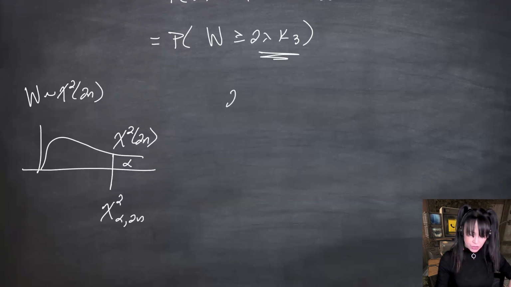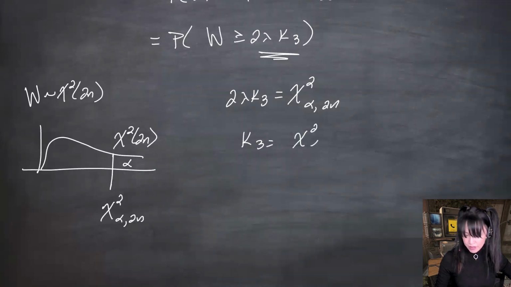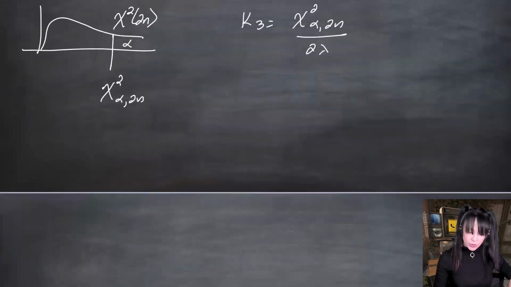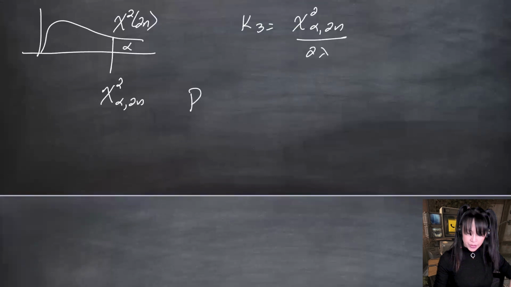And this means that 2 lambda k3 had better be chi-squared sub alpha comma 2n. And this means that k3 is chi-squared sub alpha comma 2n over 2 lambda. So our final test, the answer here is going to be to reject, you know what, let me